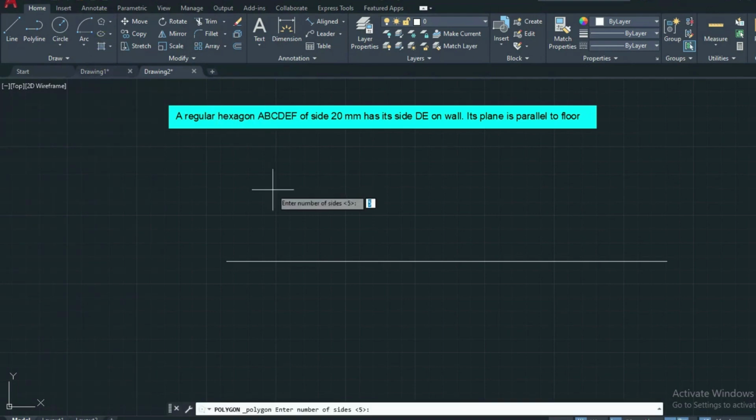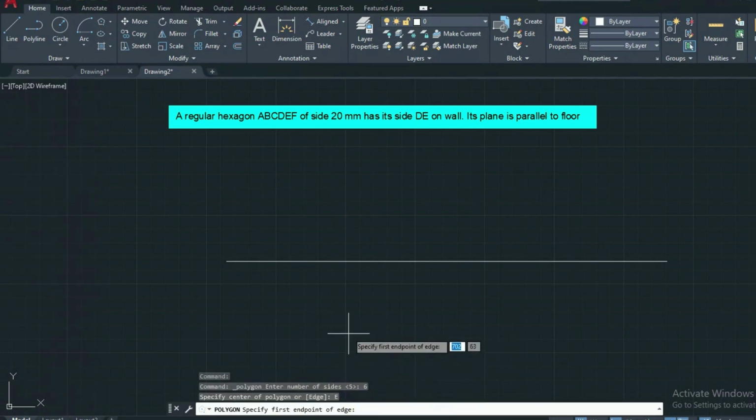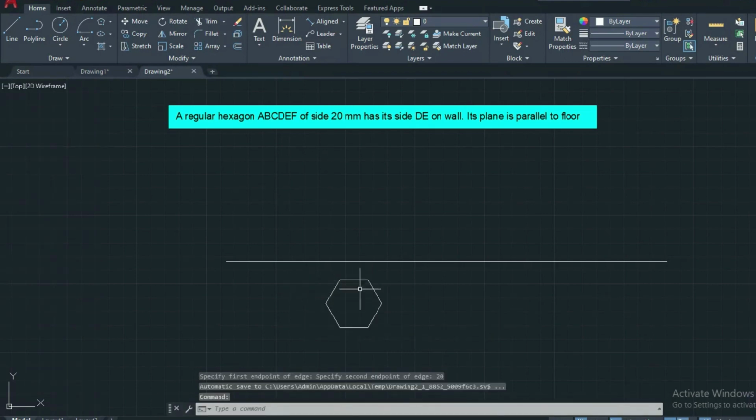So go to polygon, it has 6 sides, press 6 enter. Then only the edge length is given, so specify it below the XY line, because only in the top view are we obtaining the base, which is 20 mm. Press enter, we got it. In the front view we are obtaining only a line, which means we are getting only 2 sides.